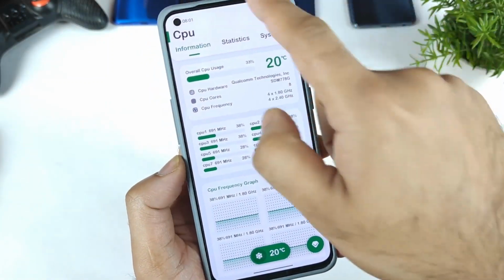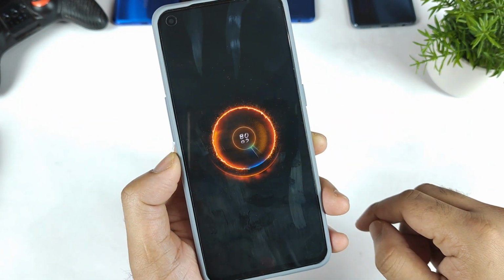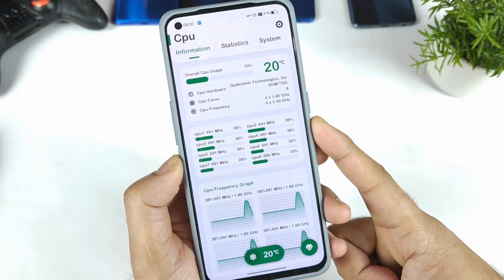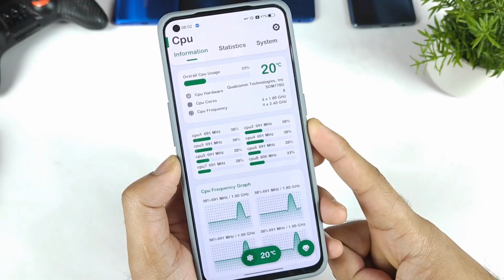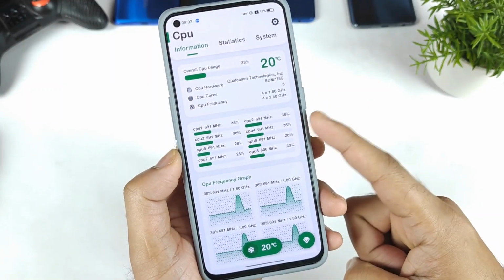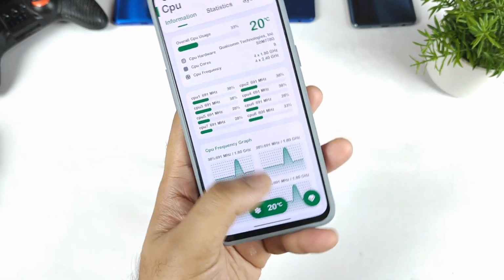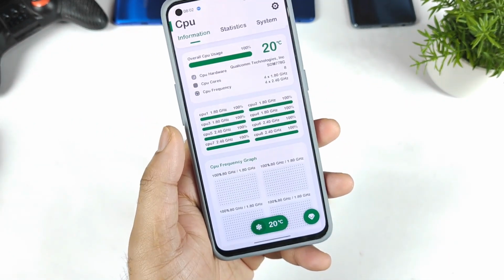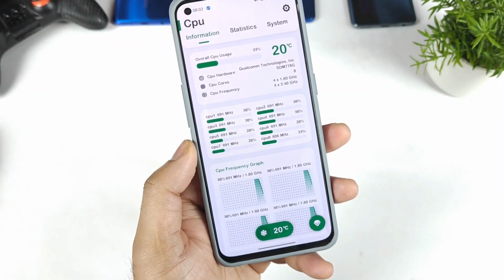Now I'll try to turn on the GT mode and let's see what happens. GT mode is on right now and you should be able to see the core utilization, what's going on. And the graph is exactly the same. It did not change anything. You can see. I'll try to close this application and reopen it again. Let's see what happens if I close and open. Right now I'm opening this application again. Now we should be able to see GT mode taking effect.